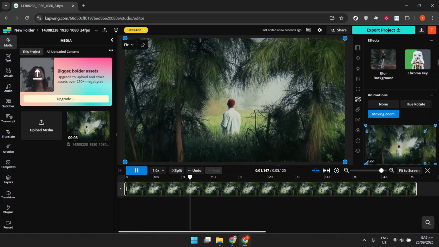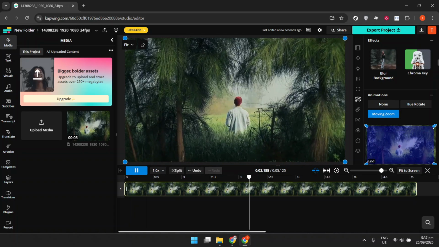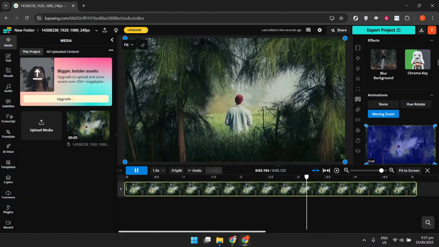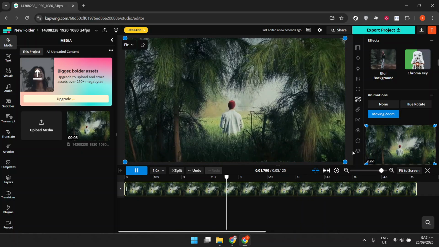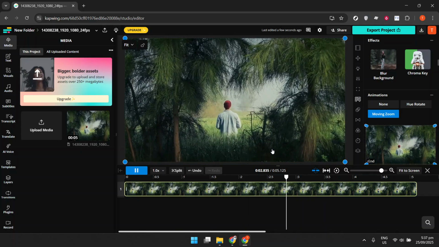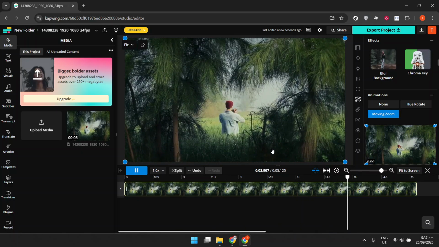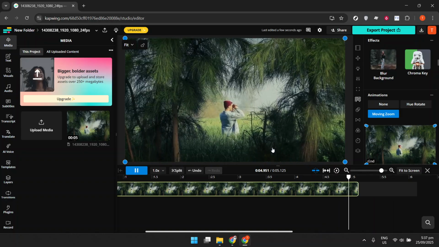And that sums up the process of adding and customizing a zoom effect using Kapwing. While we've covered the essential steps here, feel free to explore and experiment with the other options Kapwing offers to further enhance your video. Understanding and mastering these tools can truly elevate your content and make it stand out. And with this knowledge in hand, you're well on your way to creating